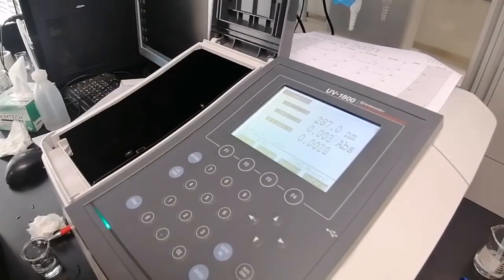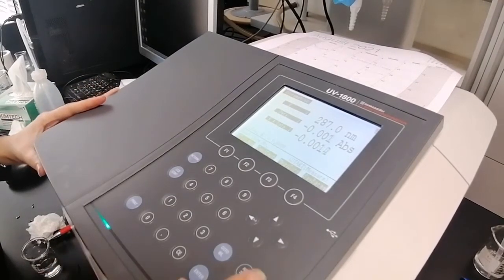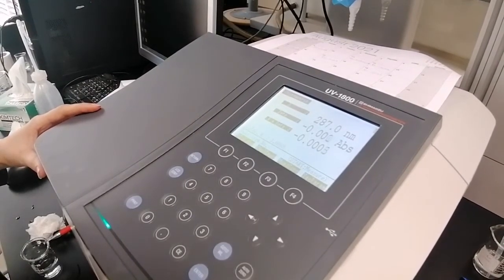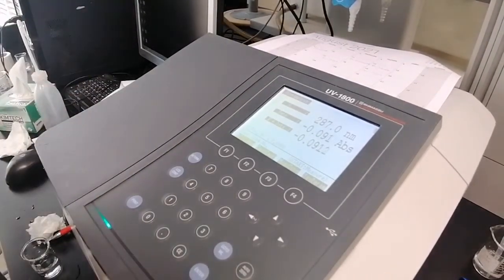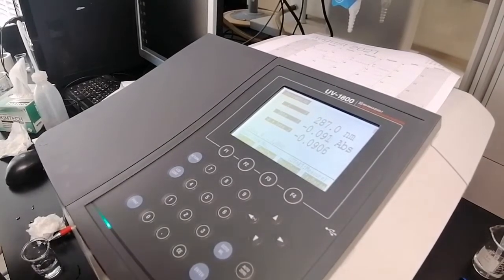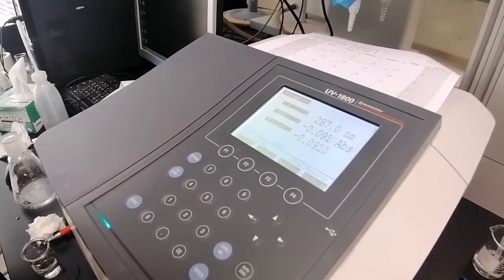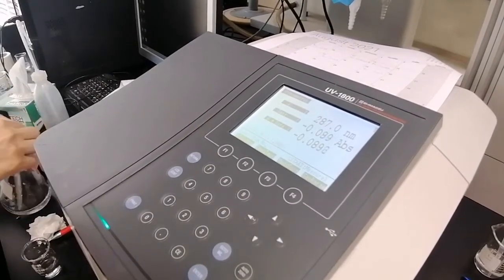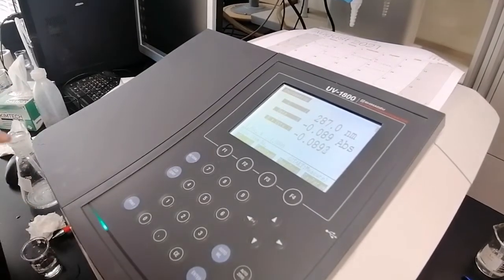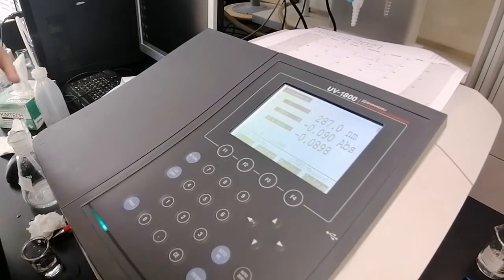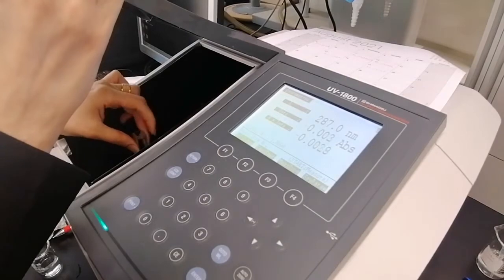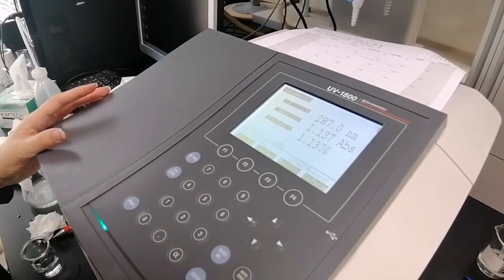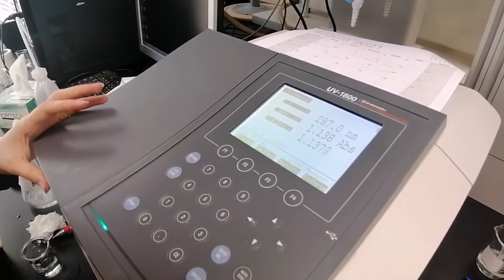You need to cover the lid between every measurement in order to prevent any burning of the lamps. Okay, so auto zero. As we said, different droppers for different solutions. As long as you are working below an absorbance of 1.5, you don't need any dilution. Okay, so here 1.13 is an acceptable value within the linear range, so no need for dilution here, but